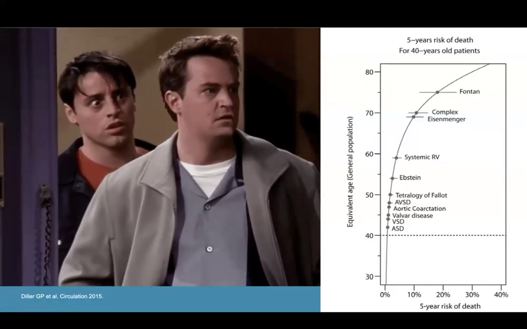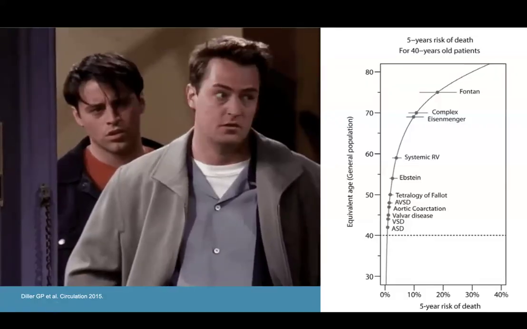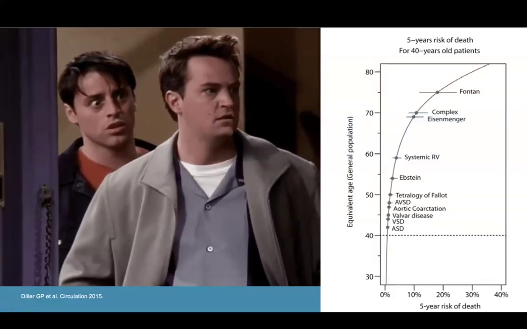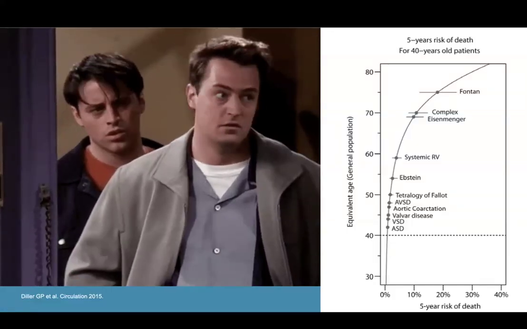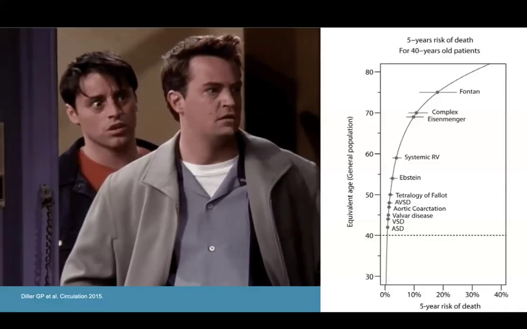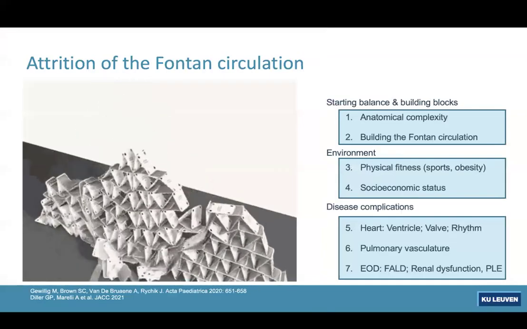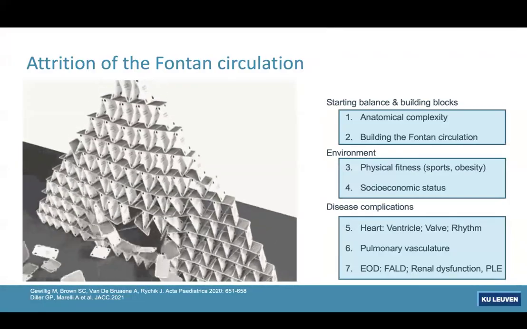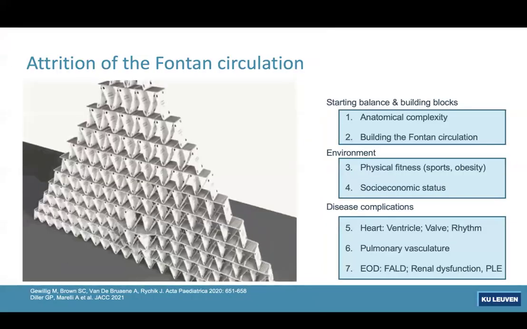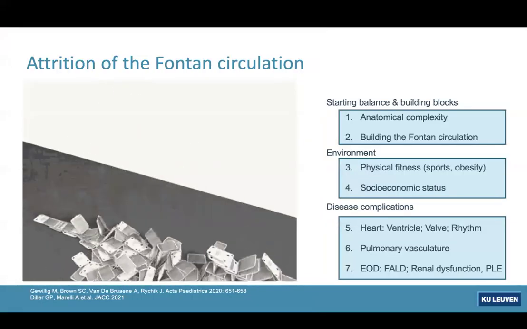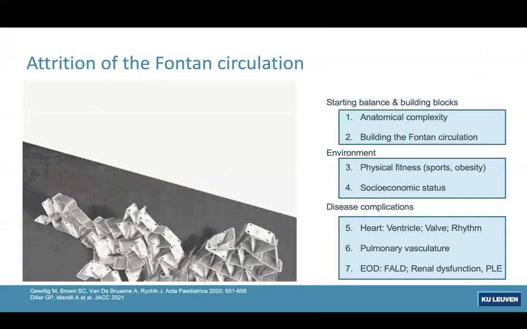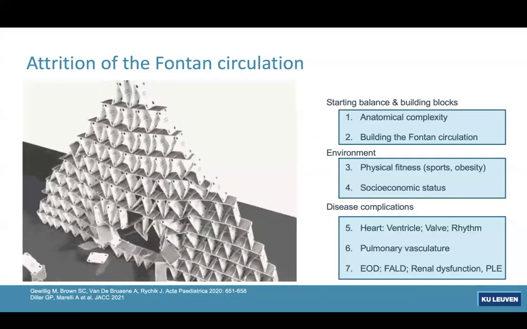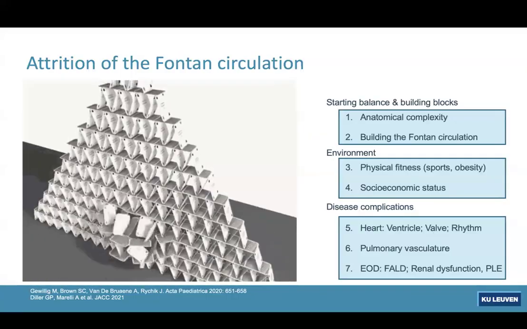So we get signals from the pediatric department saying, look, we're really good at this. Patients do fine. Look at our survival curves. And then we look in the ACHD clinic, we look beyond the age of 40, and we see a lot of issues coming down. And then obviously there's lots of reasons for this. There's the anatomical complexity. If you have a hypoplastic left heart, it's going to be tougher than if you have a tricuspid atresia patient. There's issues relating to constructing or building the Fontan circulation. If your pulmonary artery size is small, or for some reason you have a pulmonary vein obstruction, that's an issue.